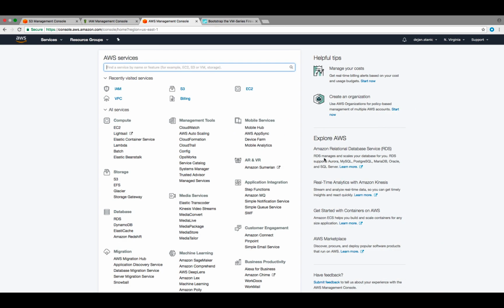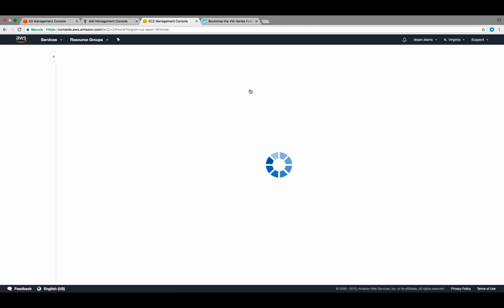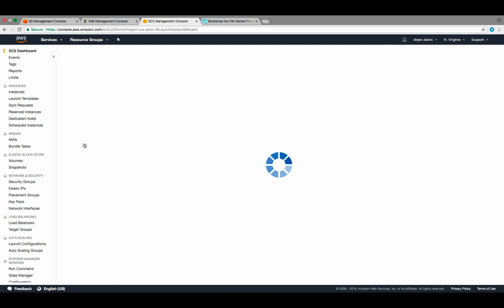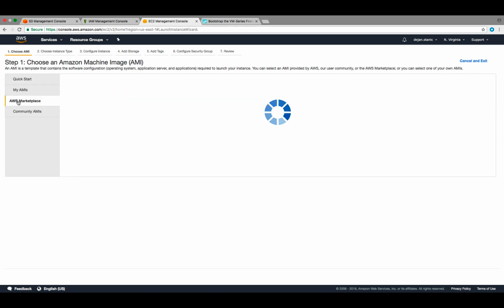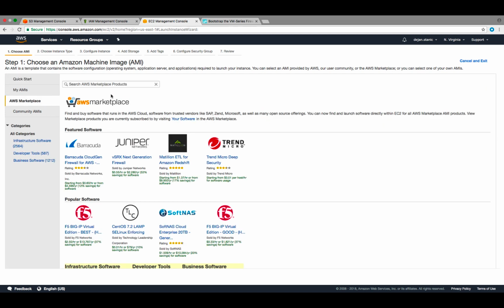And finally, here we are ready to deploy our VM-Series next generation firewall in a quite automated fashion by using bootstrapping. So what we are going to do now, we will select EC2, and there we will say launch instance. Of course, there are various options which we have here, and the one which we need is to select AWS Marketplace, and then what we can do is we can type Palo Alto